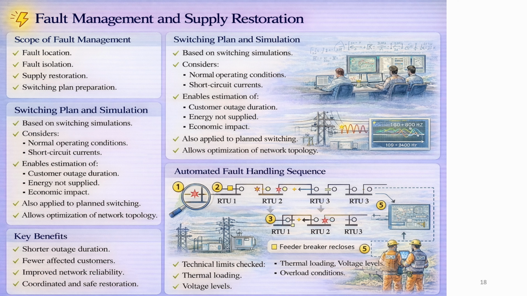Benefits of automated fault handling. Automated fault handling shortens outage time, reduces customer impact, improves network reliability, and enables fast supply restoration. Effective fault management relies on accurate data, automation, and clear operating rules. Fault management includes all actions needed after the fault occurs. It goes beyond fault location. Fault management covers fault isolation, supply restoration, and the switching plan. A switching plan is based on switching simulation. Simulation considers